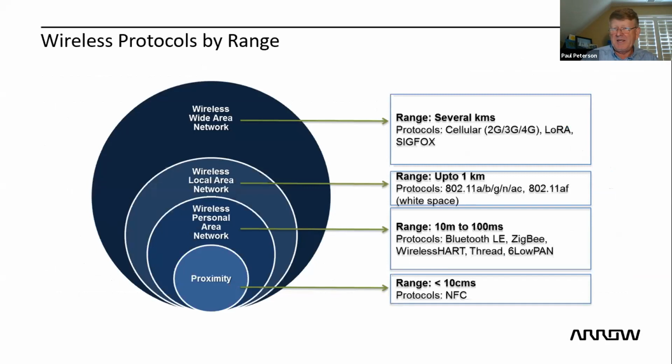Certain things like near field communication involve the ability to mate a smartphone up to a nearby device, at a distance of less than an inch, maybe 10 centimeters, and exchange data. NFC is widely used in many instances because cell phones have pretty much adopted it as a standard. Beyond that, we go into what's called the personal area network protocols. And many of those go from roughly 10 meters, roughly 30 feet, to around 300 feet.